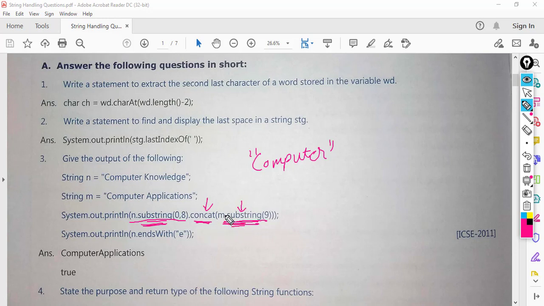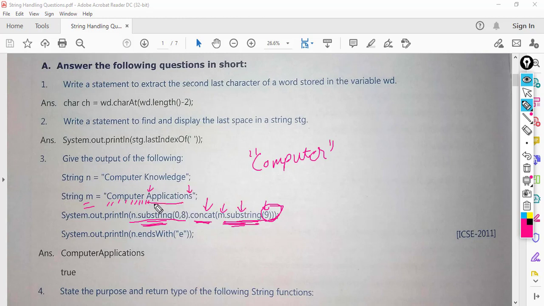So for this substring on object m, the integer is 9 here, that is the starting index. So 0, 1, 2, 3, 4, 5, 6, 7, 8, 9. Since the second parameter is not provided here, it will go right up till the last index.